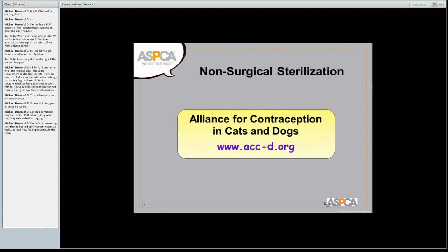There's a great organization called Alliance for Contraception in Cats and Dogs, and their goal is to encourage, promote the development of non-surgical sterilization and contraceptive methods. They also keep a very close eye on what research is being done. They try to summarize that research for veterinarians, and they also have a very comprehensive review of Zeuterin, which is